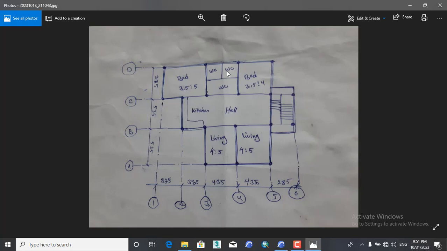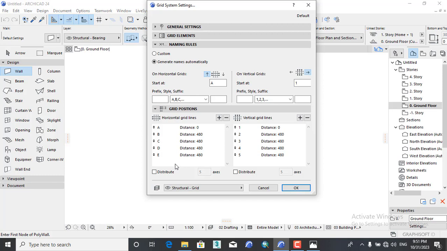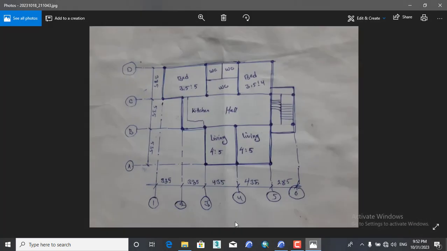As I said earlier, you must have the handy sketch of your project like this. We should start entering this number and this number here. Here is the horizontal distance, and here we have the vertical distance. So let's start. It is the start point. There is no need to enter a number for A. It's the start point, but in B we have this distance